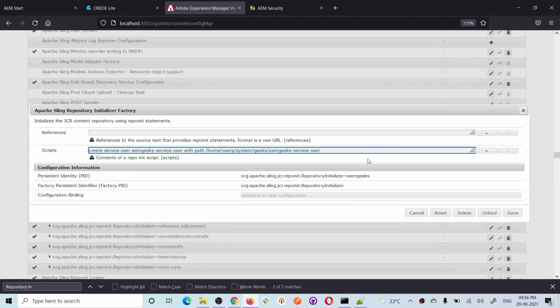To use this language, you just need to remember a few words. Like to create a service user, just write create service user and the name of your service user. You can give the path as well where you want to create it. So the service user is created under system, user system. What I'm saying is, create service user AEM Geeks